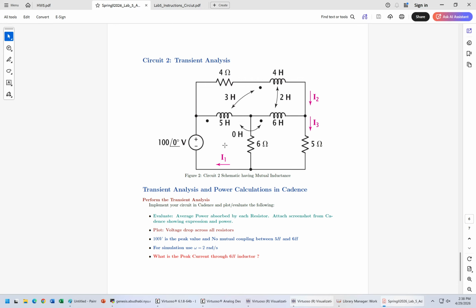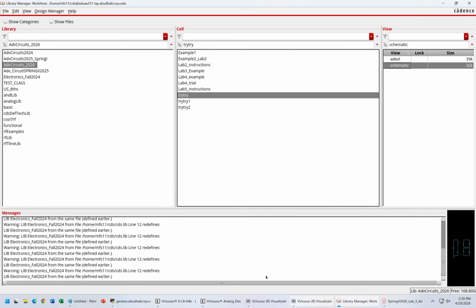I want you to find out the power of each resistor and what is the peak current through the 6 Henry inductor. This is an important question, all right? And then the omega for this question is 2 radians per second. Please note that the mutual inductance between these two is 0 Henry. You will have to plot the voltage drops across all resistors like we've done now, and you will just look at the current through the 6 Henry inductor. For the other currents, for the power evaluation, of course, as I've told you guys, please make sure that you are